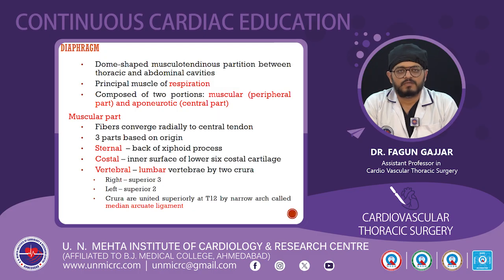The first one is the sternal part, which arises from the back of the xiphoid process. The second one is the costal part, which arises from the inner surface of the lower six costal cartilages. And lastly is the vertebral part, which arises from the lumbar vertebrae by two crura, on the right side